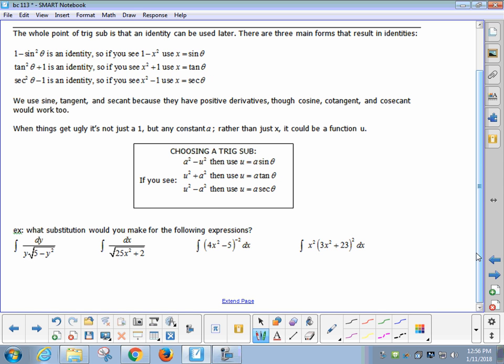Actually, let me do one with you, and then I'll let you go at it. Look at this last one here. Don't worry about the dx or the x squared. Focus on where either you have a sum of squares or a difference of squares. That's the start of the show. Okay? Because I have function squared plus some number, I should use tangent. So the idea is this is some kind of function squared plus constant squared is what I see there. With that, then, I'm going to make u